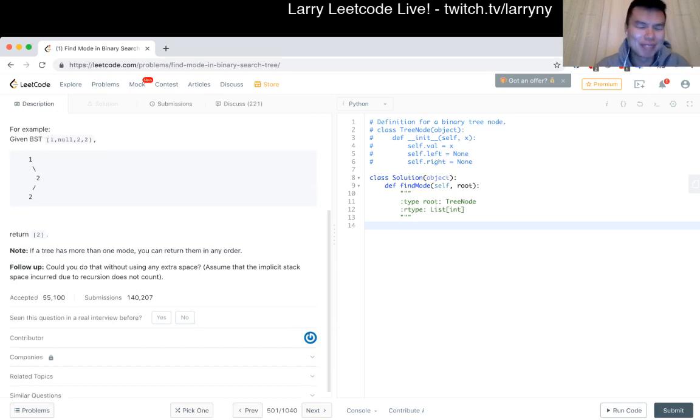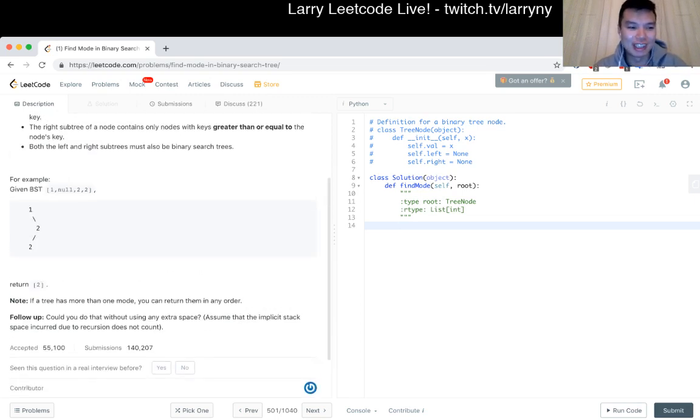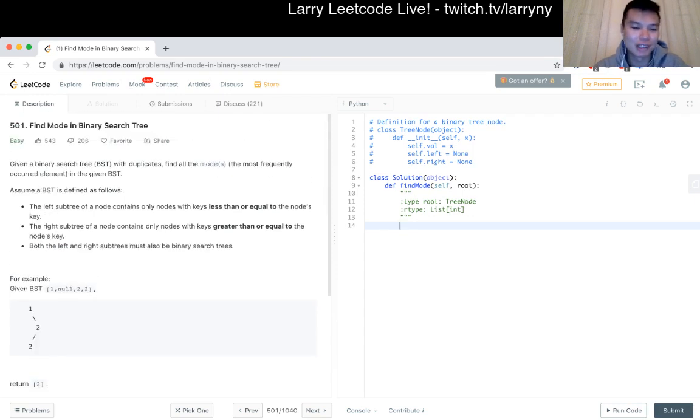Okay, and I'm now trying to think of the data structure to keep track of the mode in general. So let's say we'll just do a depth first search, and the mode is